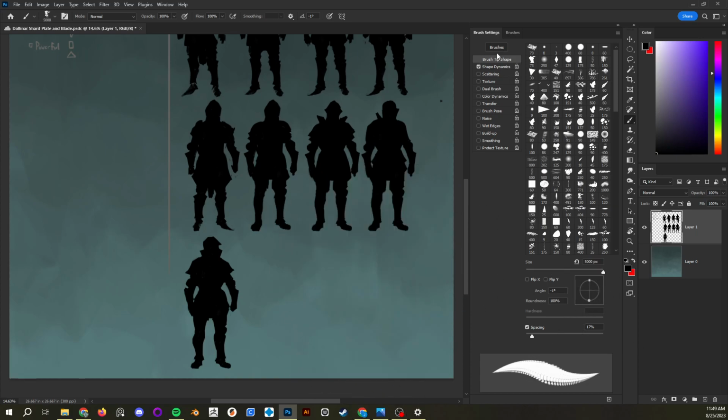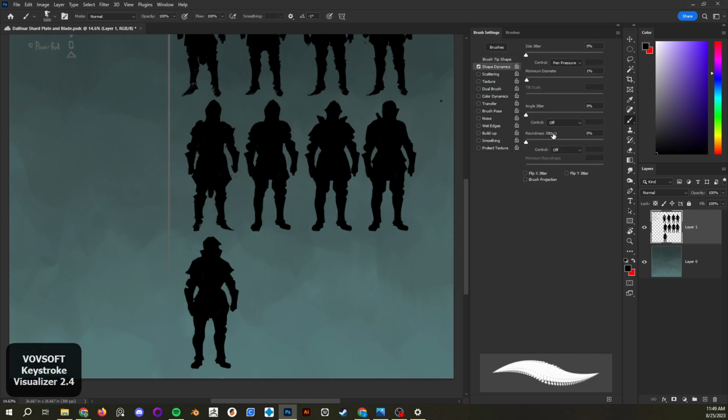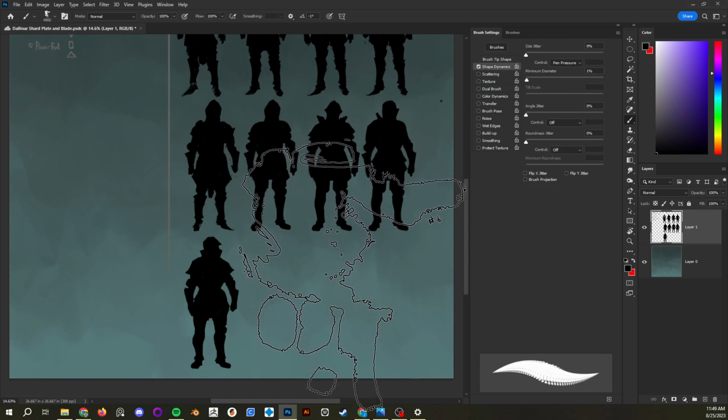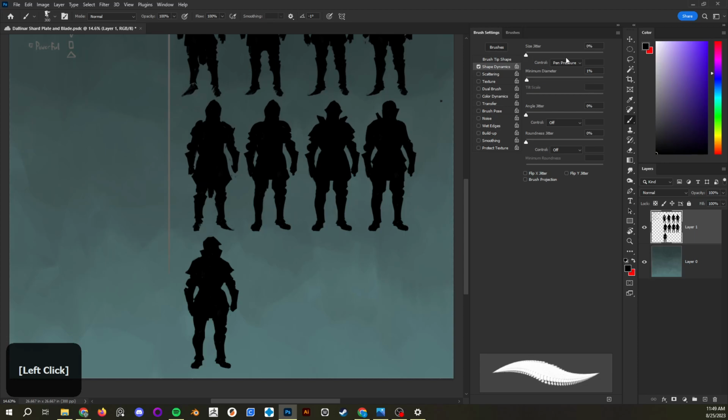All right, and then over here are the big brush settings. The first one is shape dynamics. That's just saying when you put pressure onto it, it's going to change the size, and you can see it's being controlled, size jitter, controlled by pen pressure. Jitter means that it's going to change. So if I bring the jitter up as I'm pushing,